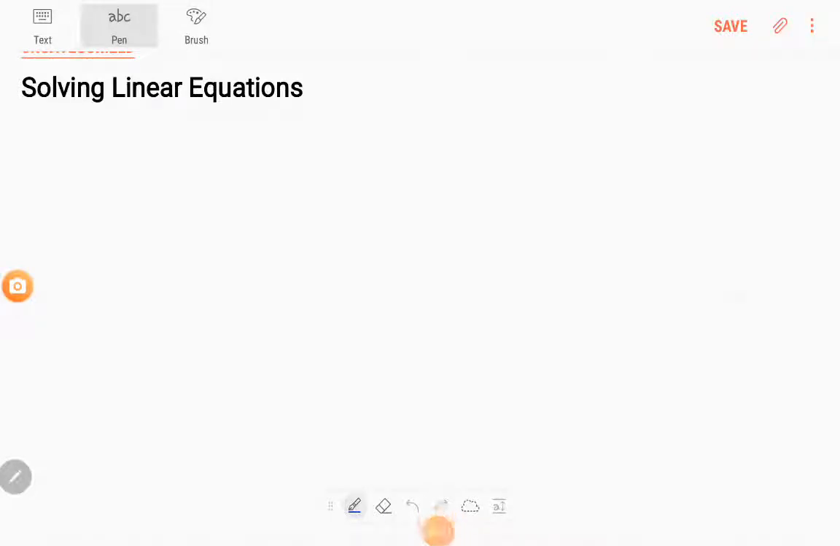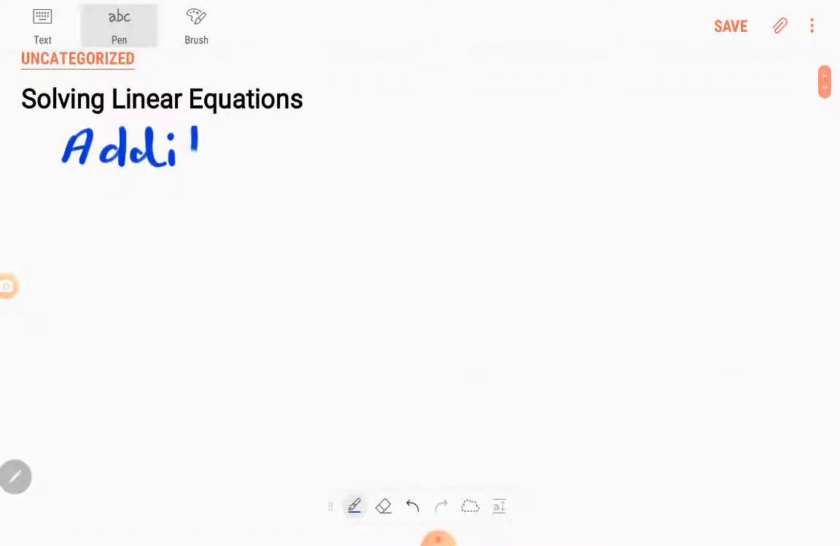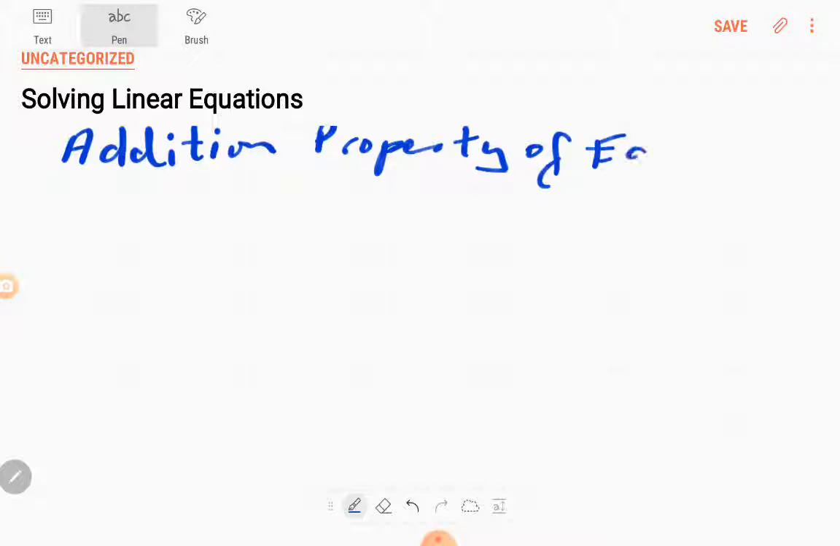Okay, so in this video we'll be covering solving linear equations. So we need the addition property of equality, and that says